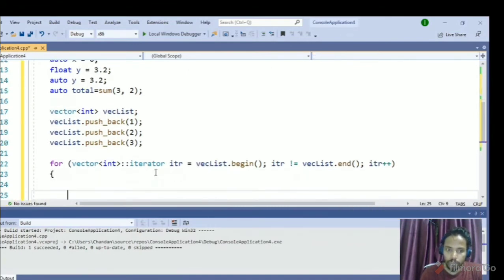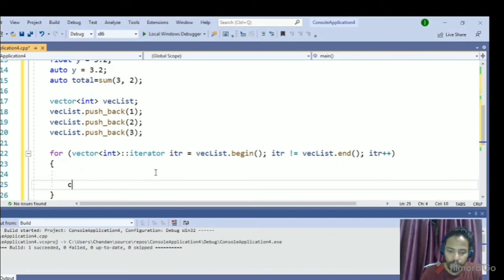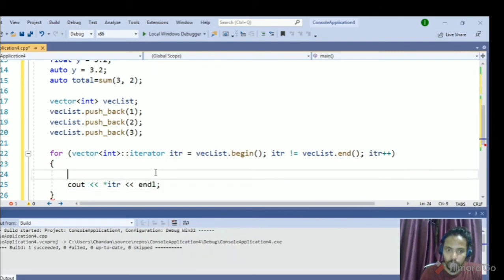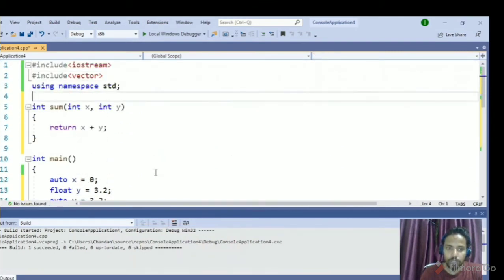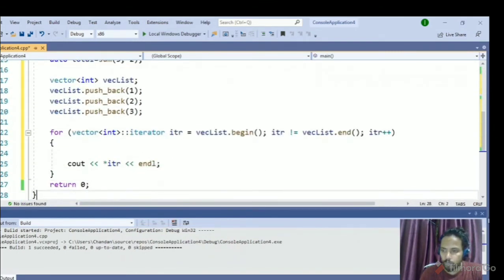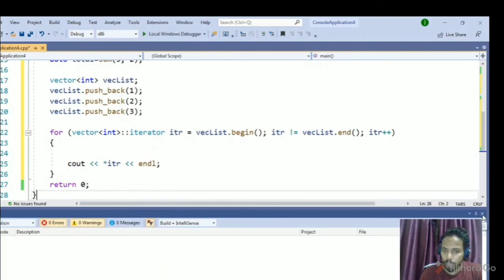So what we will do, we will print here. So I will do cout and then I will use pointer itr to dereference it and just use this newline keyword. So vector is already included. So compile our program quickly.